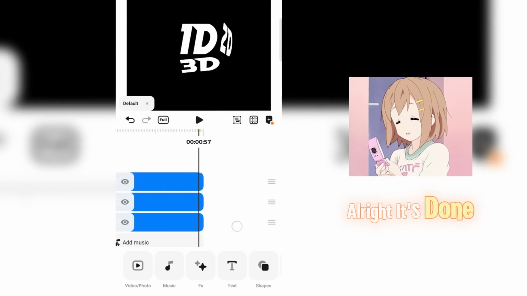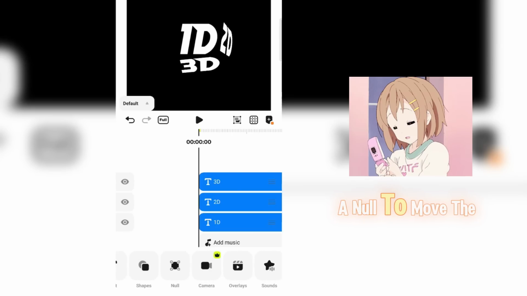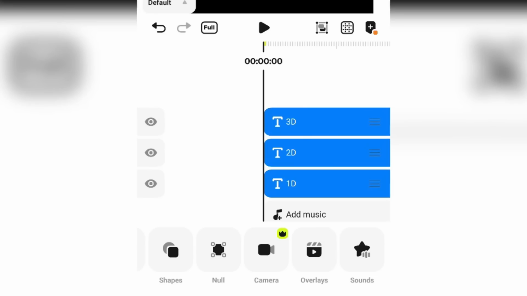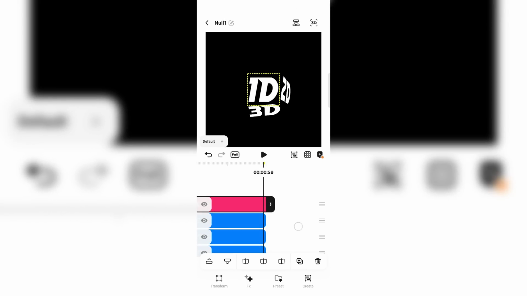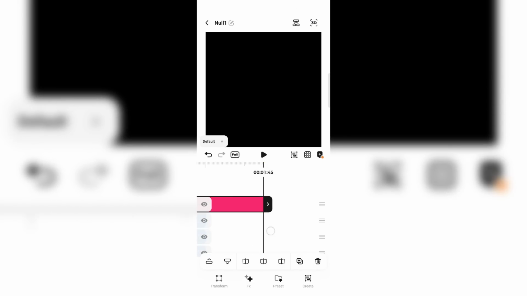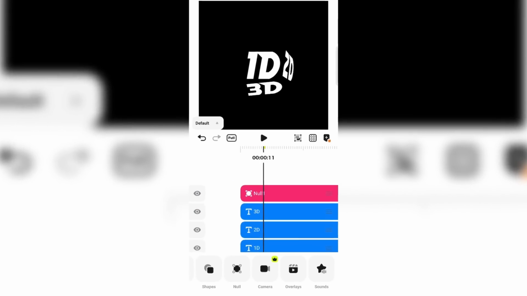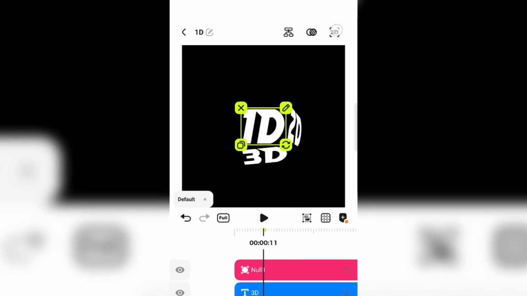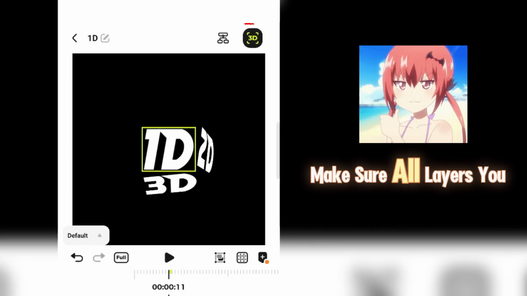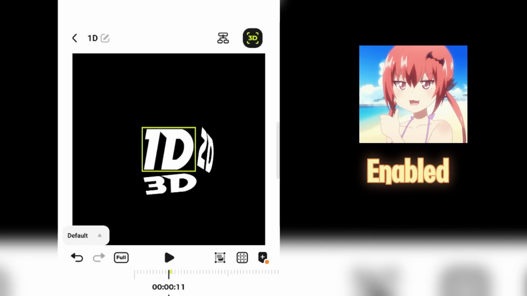Alright, it's done. Now it's time to add a null to move the 3D camera. Make sure all layers you want to move have 3D enabled.